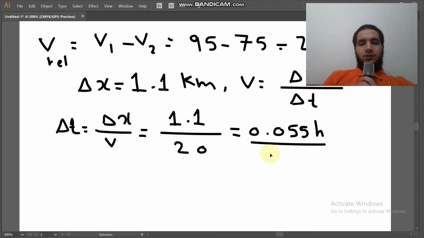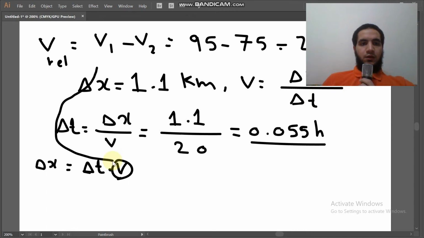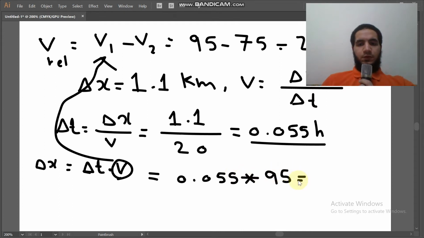So the trick here is that we're going to use the real velocity, not the relative velocity. So he wants delta x, and delta x equals delta t multiplied by v, and this time this v will be v1, so it will be equal to 0.055 multiplied by 95 equals